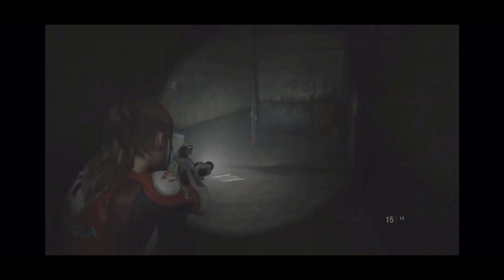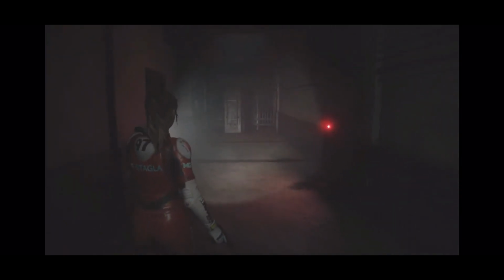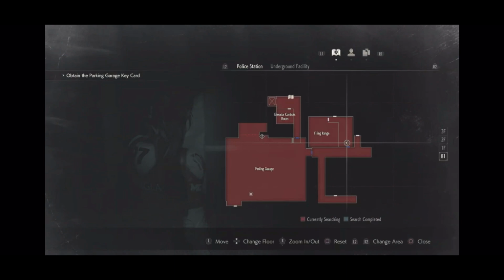Now, the mines are going to be pitch black. You either need to utilize flashlights or night vision goggles, which you can find at an earlier point in the game. Again, we're going to talk about the sandbox later. The mines are going to be filled to the brim with Stage 3 alpha mimics. This is where crouching and sneaking are going to become super important.